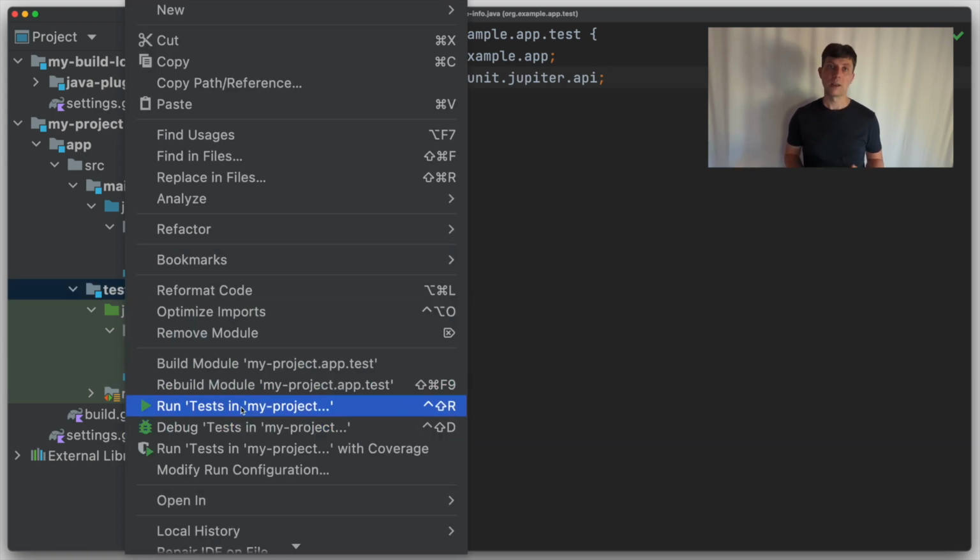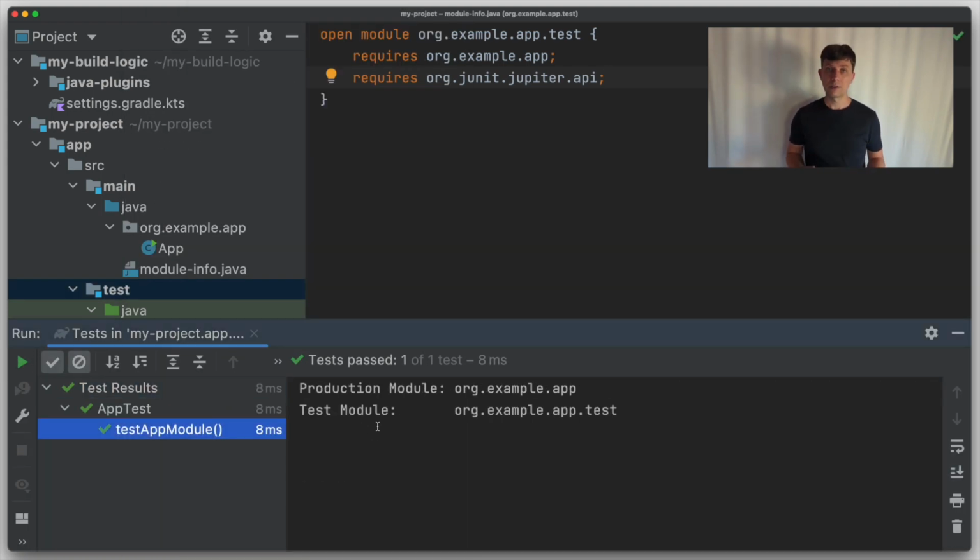They compile and run, and we see that now things run on the module path because we can ask for the module names at runtime and get them printed out. And here we see again that our production code is located in a different module with a different name than the test code. There's one issue though with the standard setup in Gradle for this. Gradle by default does not build a jar of the test code, but just passes the folder of classes to the runtime class path of the test.